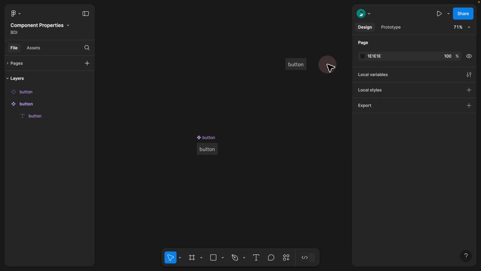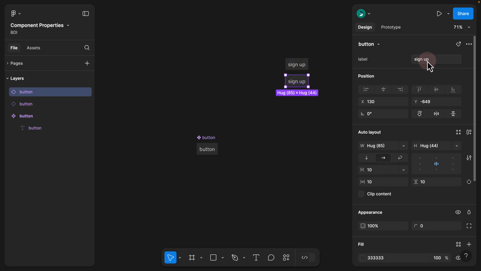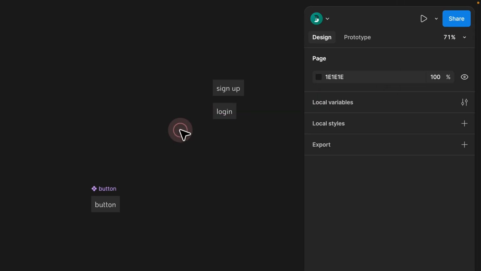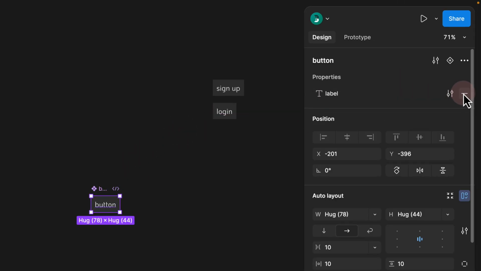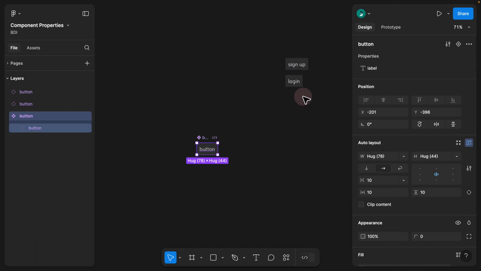So I'm going to hold Command and Z to revert the changes multiple times so we're back at our original state. What you also notice is as soon as you remove that component property, the text as well gets removed, which means if I have another button, if I duplicate that and have login and I click outside, and if I go to my master one and remove the component property label, you see both of my buttons lose their value. So I'm going to Command Z that to revert the changes to show that this is how we are